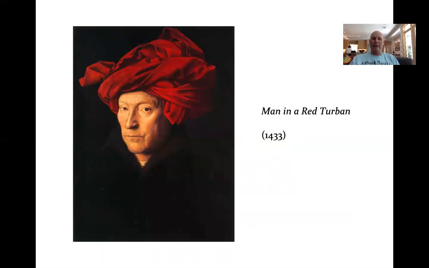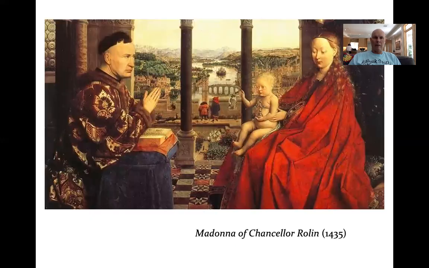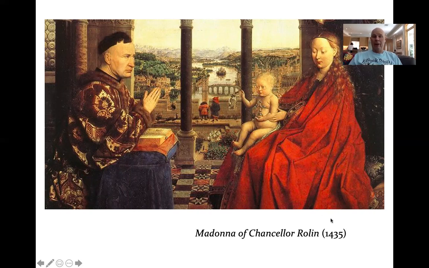So here is Man in a Red Turban, which I think is in both the McKay book and the Fierro book. You definitely get that feeling of three-dimensional depth. Here's another one. Now this is called the Madonna of Chancellor Roland, and note the background here. All right, so this is a radical